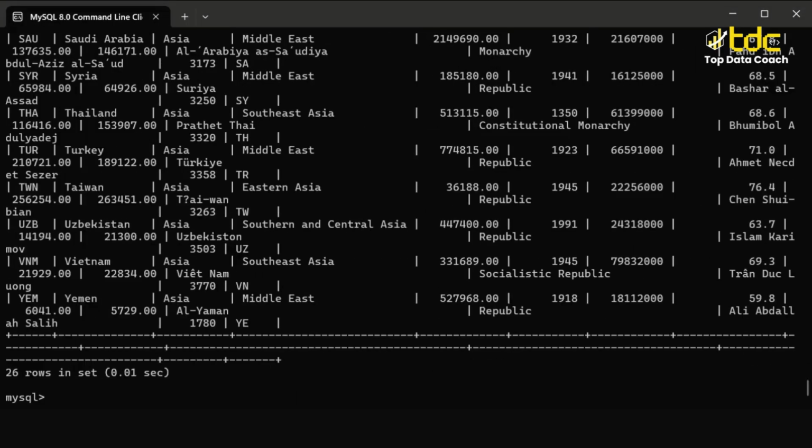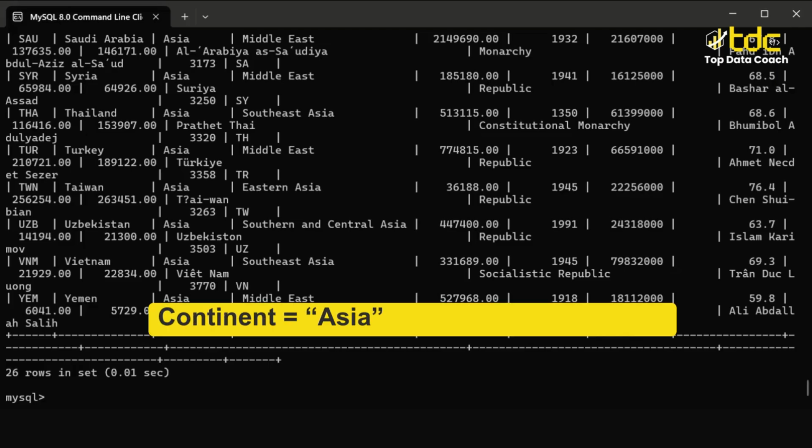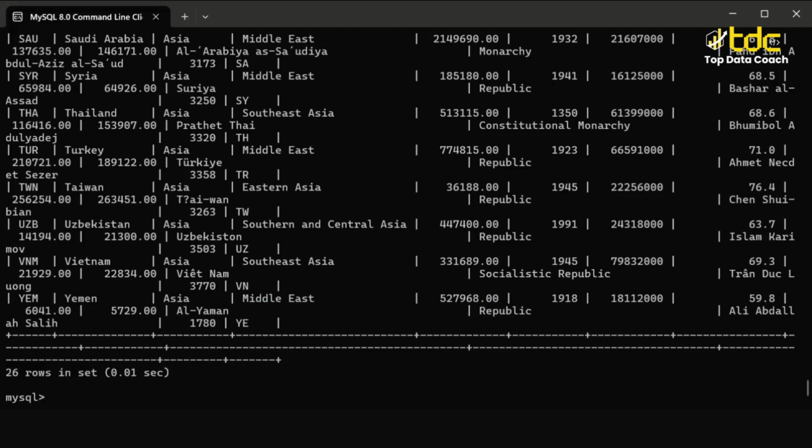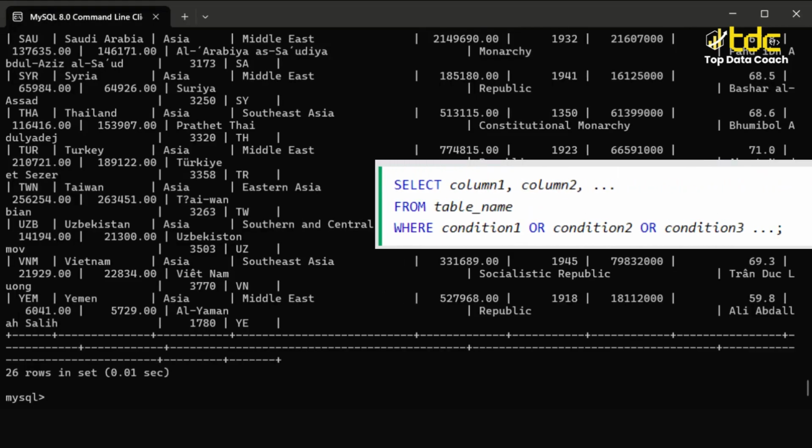Now I want to list out countries from Asia and Africa. So here also I am having 2 conditions and both of them are on single field, that is continent. Now a country can either be in Asia or in Africa. So here I am having either-or situation and hence I will use the OR operator. So the query is